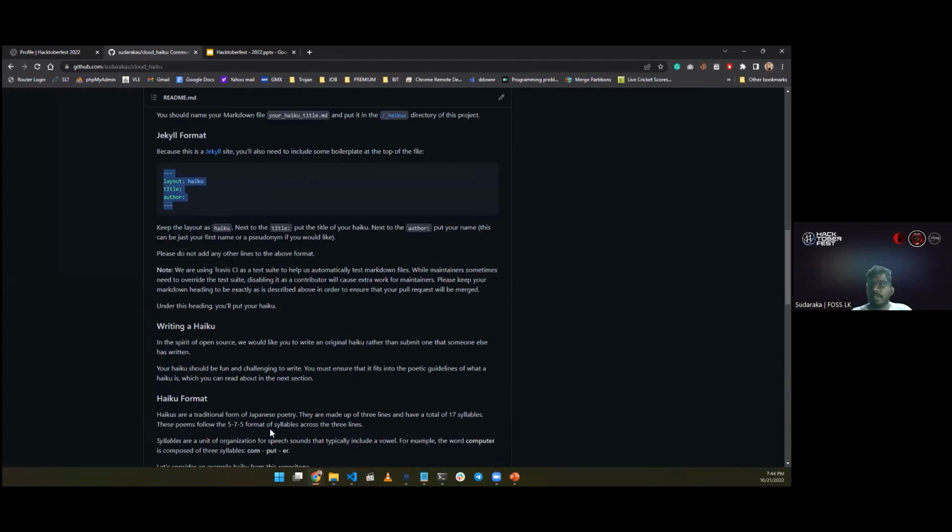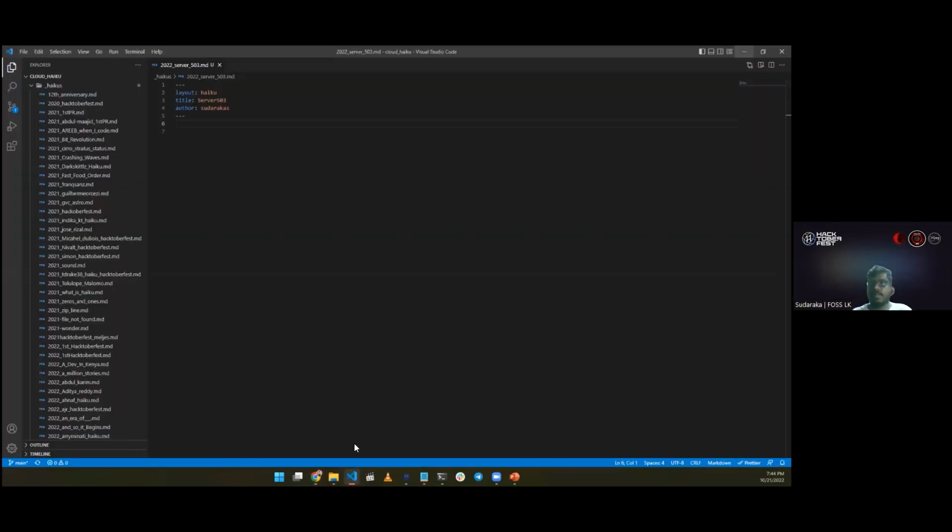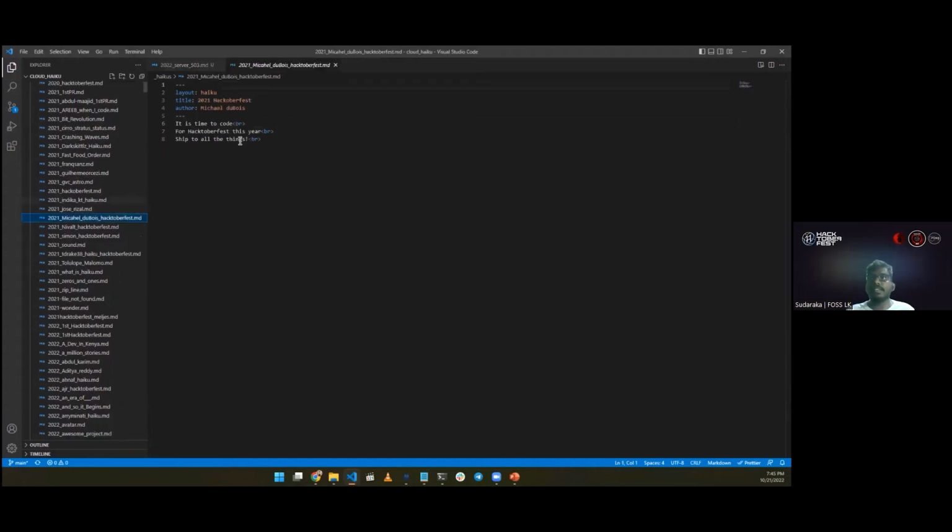So yeah, I'm going to copy and paste my poetry here. This is some kind of simple thing I wrote here a couple of minutes ago. So you can do a sample like this, and you can follow the others' contributions as well, to get some kind of idea about how to contribute to this kind of thing.